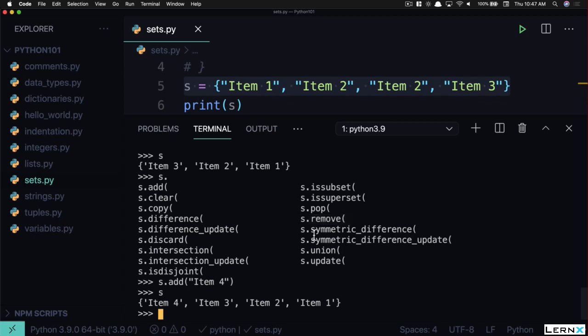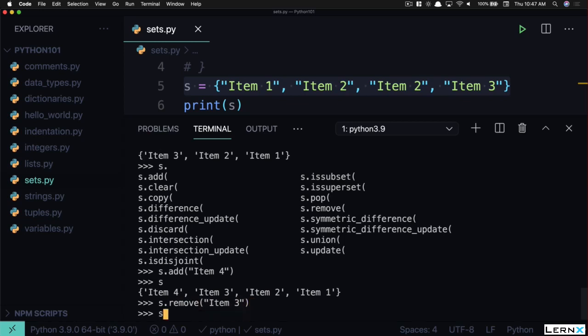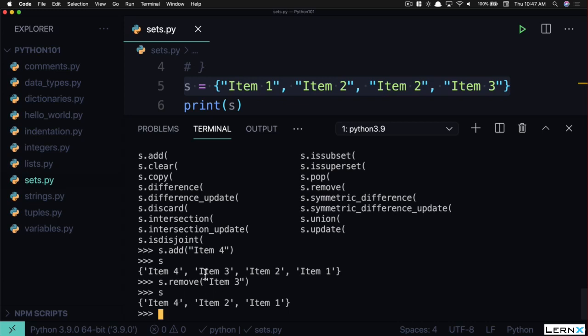We're not going to learn about all of these in Python 101. But we can do s.remove. So s.remove, let's remove item 3. And let's see what s is. And it removed item 3 for us. And it actually maintained its ordering that time. Often it will not. So we can use s.add an item to add an item to the set randomly in there, wherever it's going to go. It doesn't matter. And s.remove, and then the item value, whatever that item value is going to be, we got rid of item 3, and it got rid of it in our set.